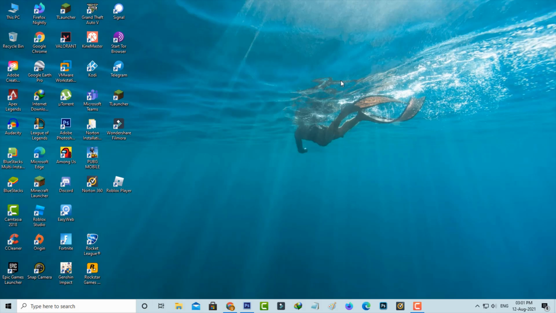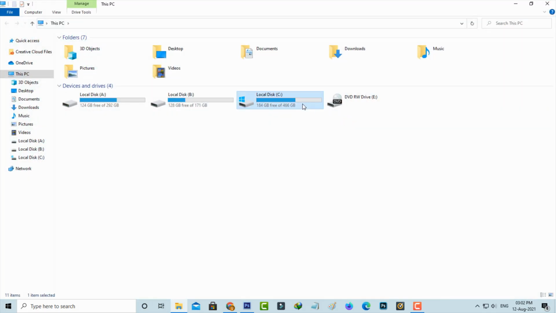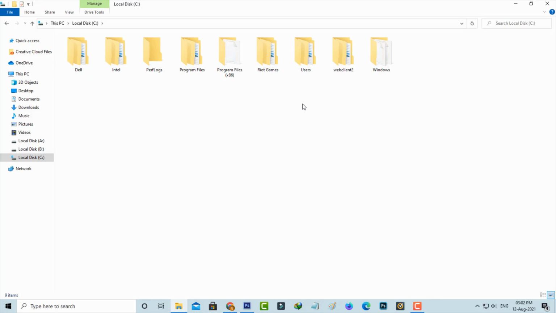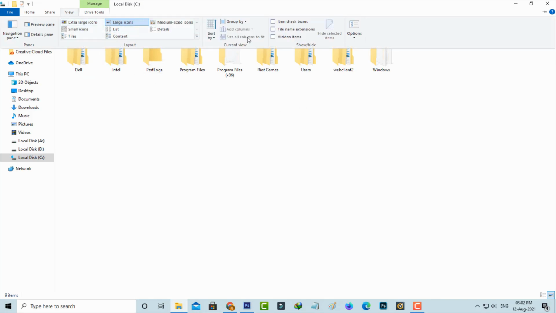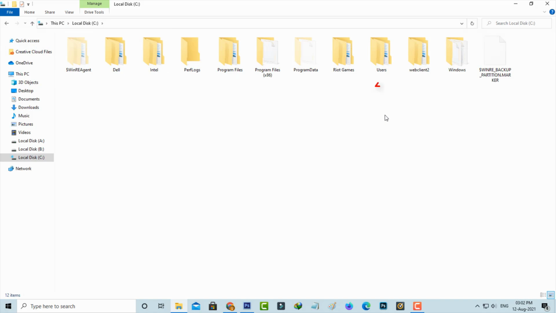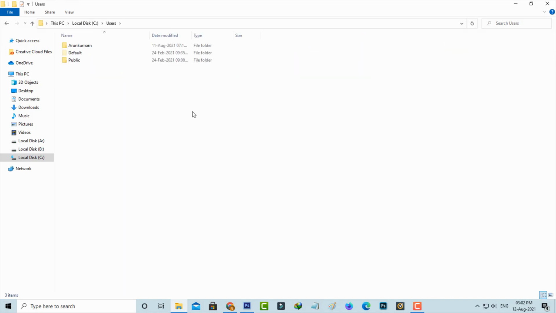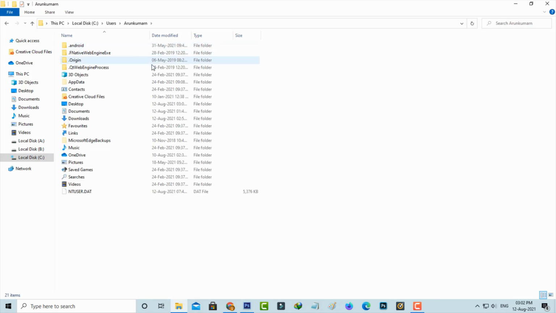A very simple method to fix this error is to just open your local disk C. Here you can click to enable all the hidden items, and then go to the Users folder. Here I access my Windows username folder, the first one, and then locate AppData and open it.